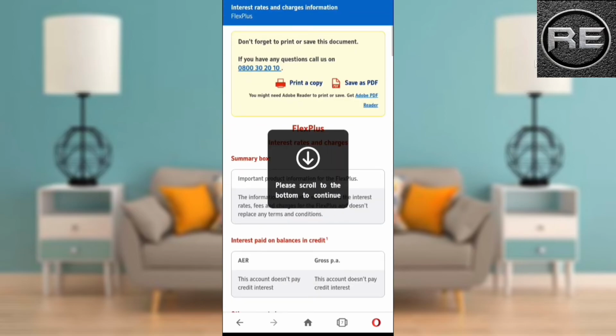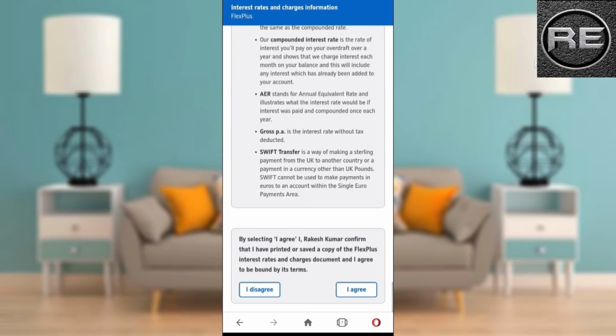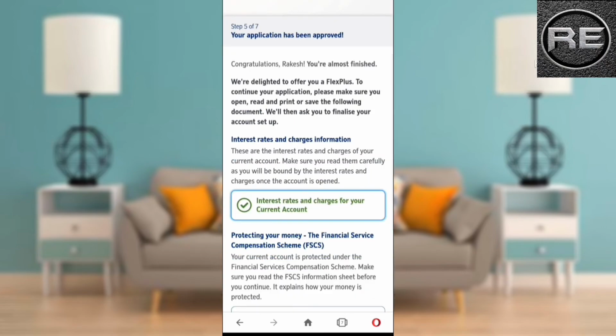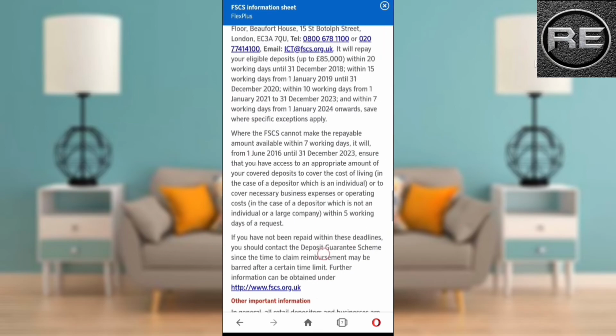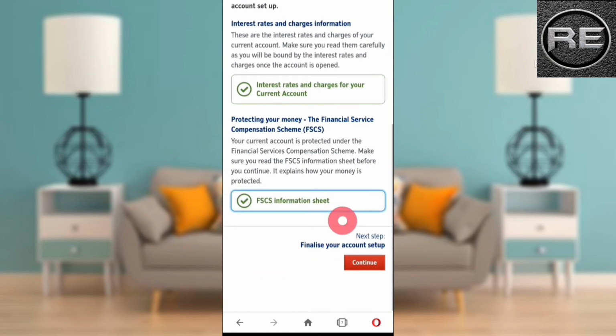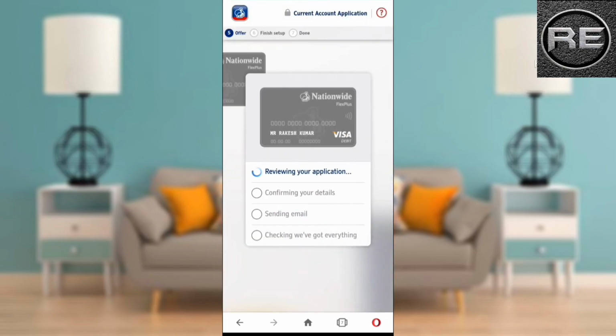First of all, please read this terms and conditions, click on it and scroll down your mobile screen, and there is an option to agree. You choose yes or no. If you want the agree bonus, you can click on it, but I agree to all these terms and conditions. Click on it, scroll down the mobile screen and click on OK. As you can see, I entered all the details about this company, so now click on continue.